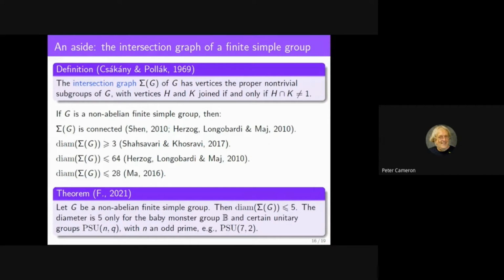This works very nicely if you look at the intersection graph of abelian subgroups and the commuting graph, because a maximal clique in the commuting graph is a maximal abelian subgroup. So you can certainly recover them in that case. But I think it's a little more difficult in the case of the non-generating graph and the full intersection graph.